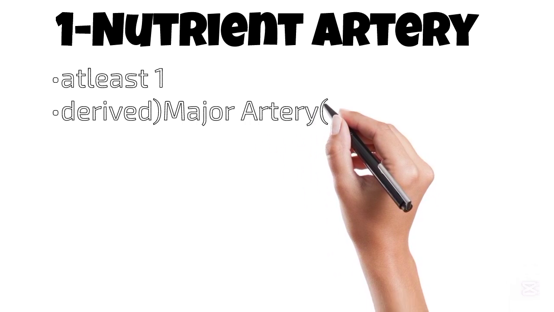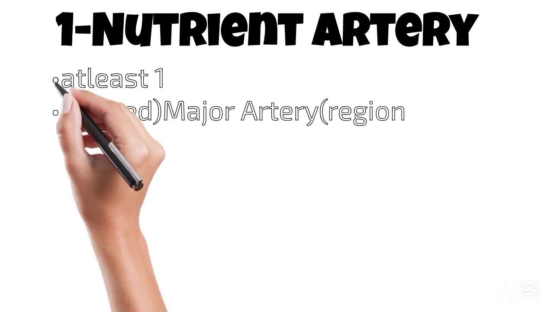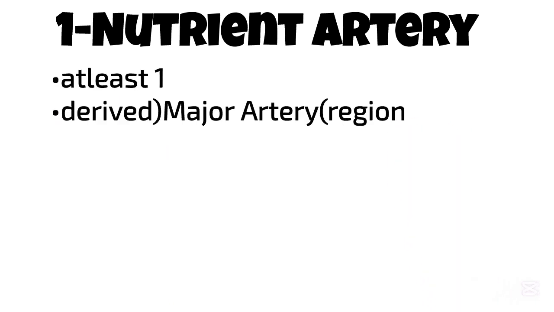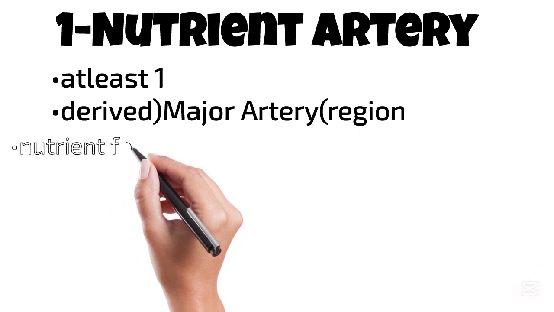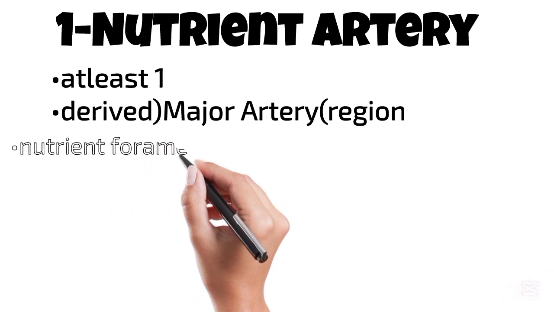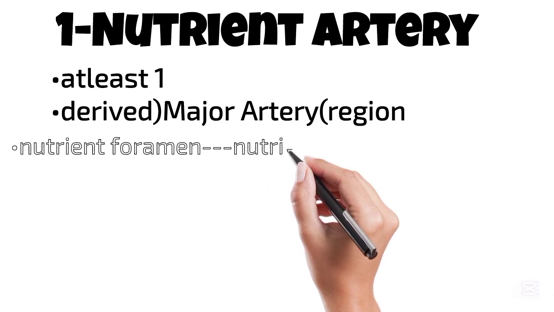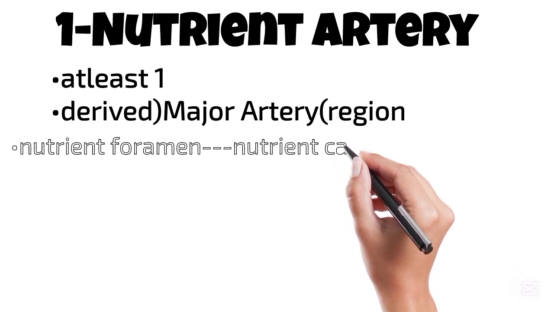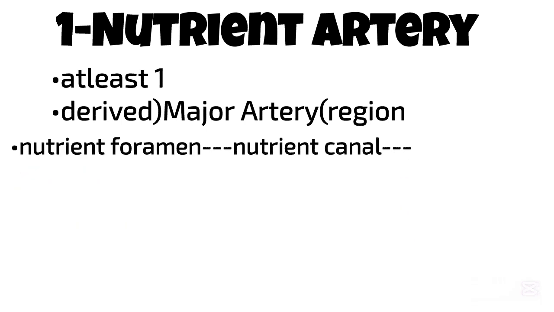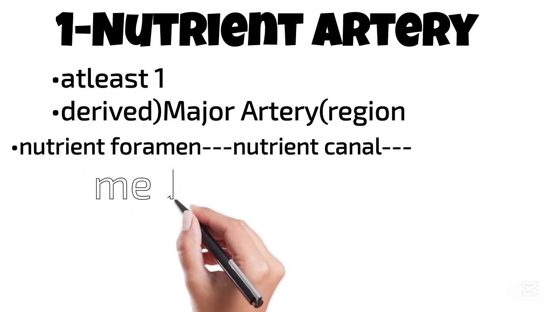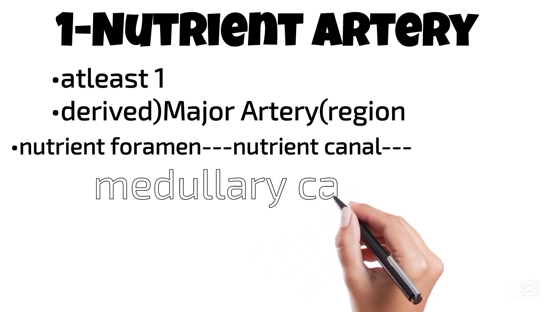After entering through the foramen, the artery runs obliquely through the nutrient canal that is present on the cortex of the long bone. After moving through the cortex in the oblique canal, it enters the central cavity, that is our medullary cavity. After entering the medullary cavity, the nutrient artery divides into branches that are ascending and descending medullary arteries. The medullary arteries move towards the ends of the bone where they divide into terminal branches. So now let's review this concept in our diagram.